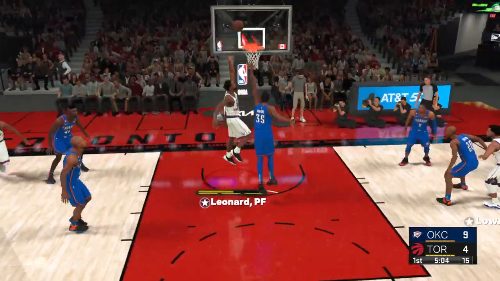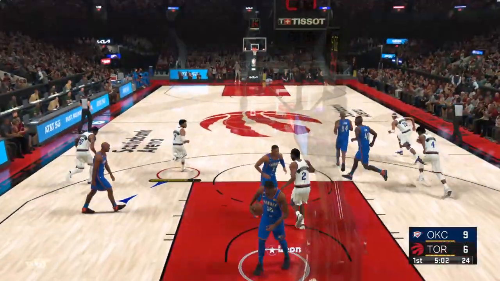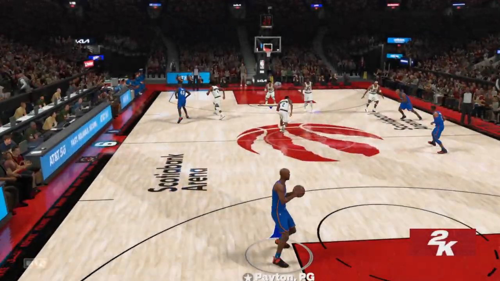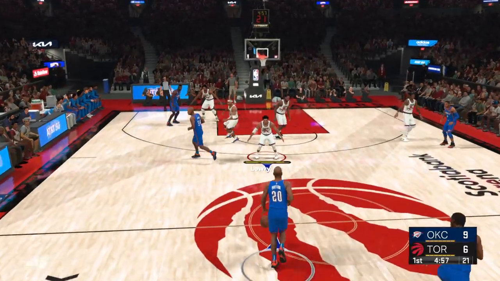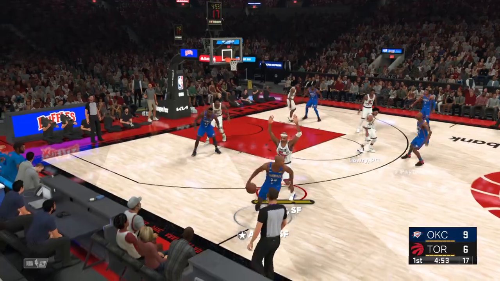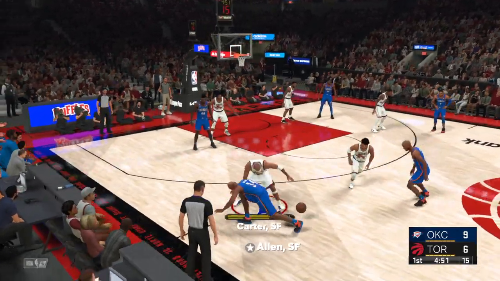Lowry passes to Leonard. The shot's good on the assist by Lowry. Lowry's got 3 assists in the game. Boy, he is looking confident. Love how they're using him so far. Yeah, when he gets engaged this early in the game, it's bad news for the defense. He can roll this start throughout the rest of the game. It's stolen by Carter.